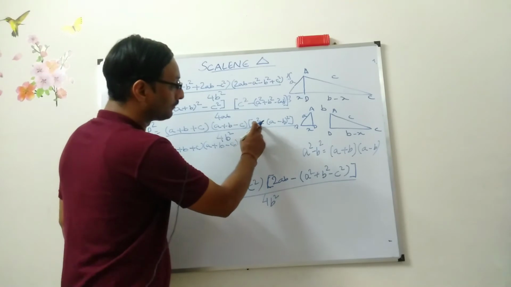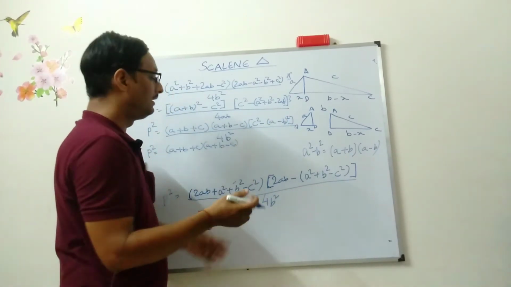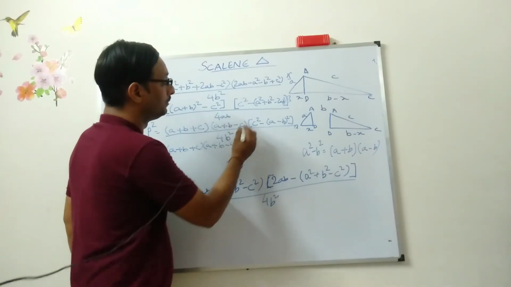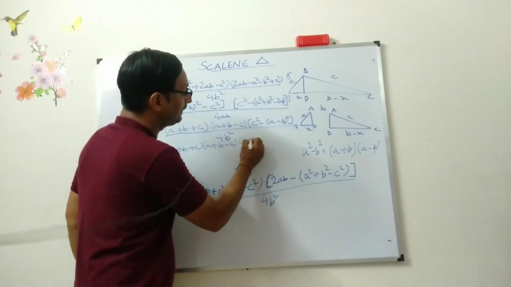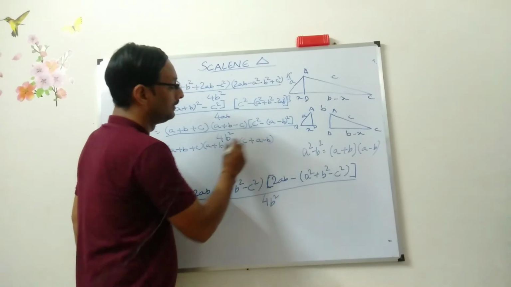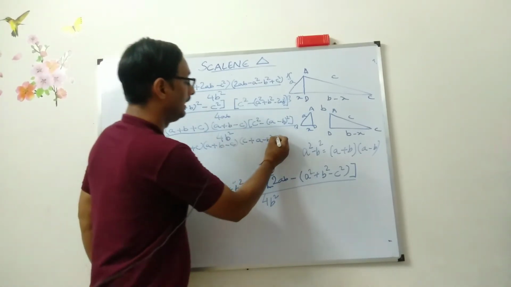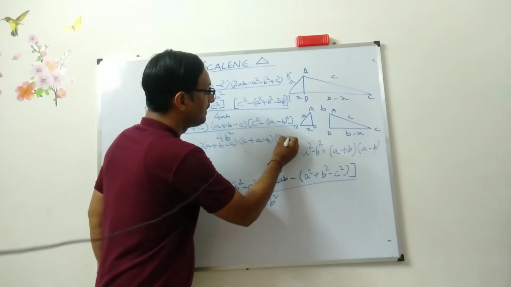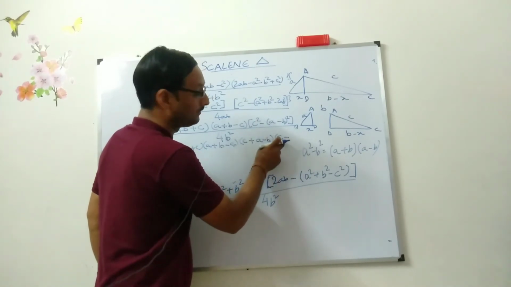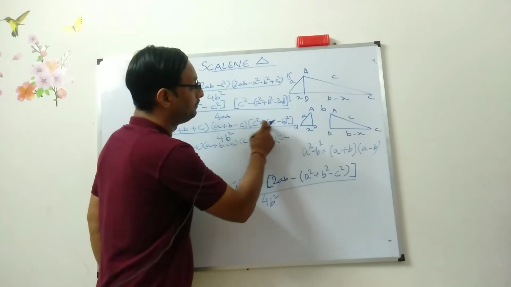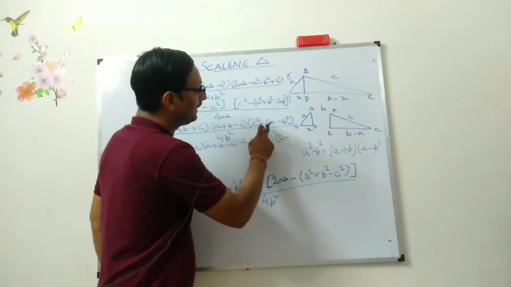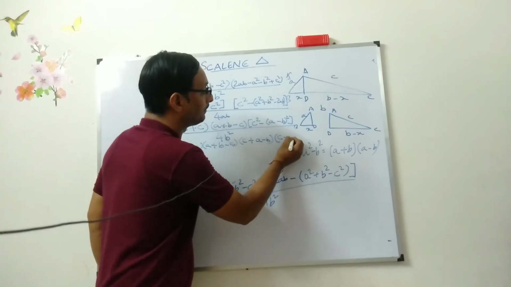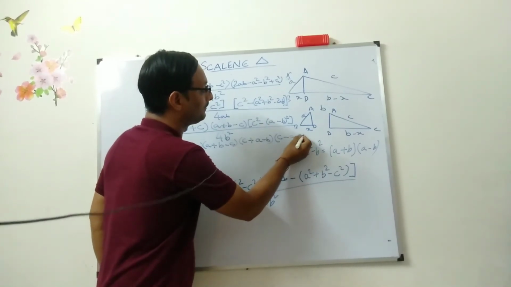But this is also looking like a square minus b square. For a square minus b square, what you need to do? A plus b. This is a plus b. And this is what? Again you need to write a minus b. C minus, this is a. C is a minus, this is b. So if you will be multiplying this one with minus, then what you will be getting? Minus plus minus a and minus minus plus b.